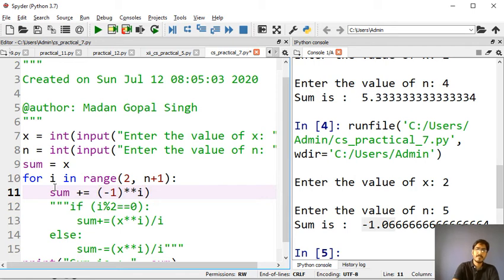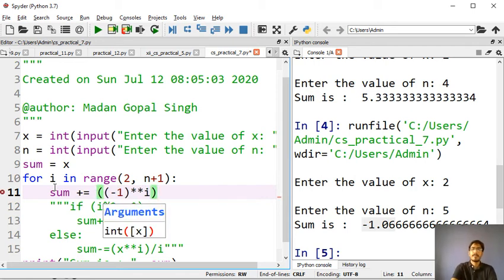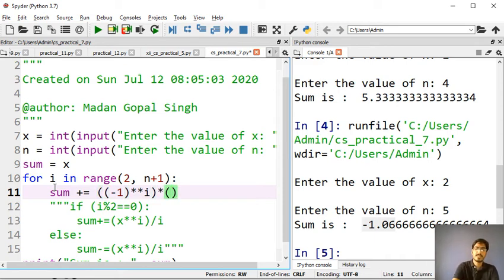This will be -1 if i is odd, and if the i value is even, then it will be positive. I have already shown you how it is positive. Then x double star i divided by i. This term will remain the same, there is no change in that, and that's all.